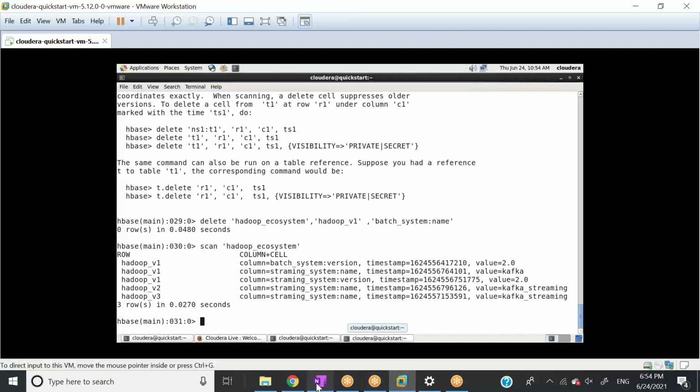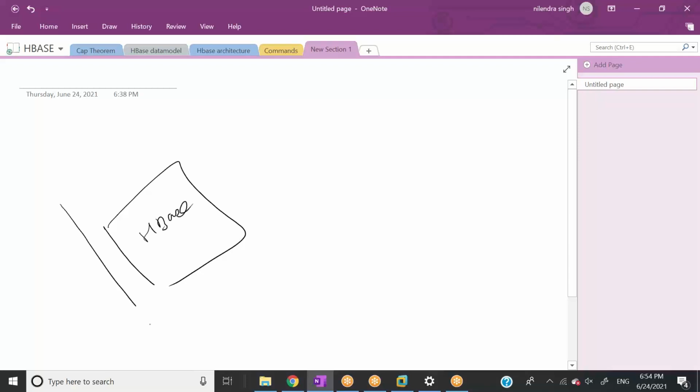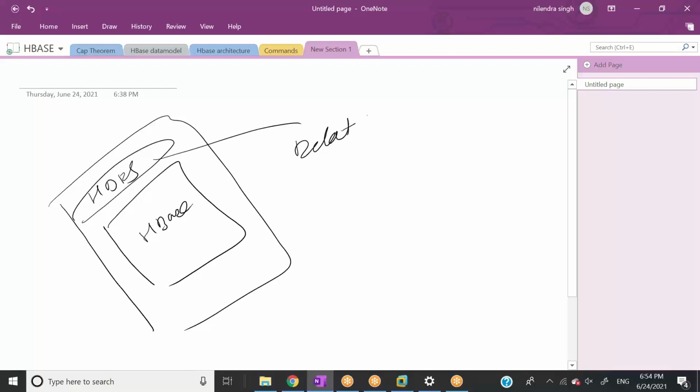Now, one more important thing which I need to tell you, right? And this question should come. I'm telling you 100% that HBase is inside, the storage is HDFS. In HDFS, we cannot delete things. In HDFS, we cannot delete things. Row level deletion is not possible. Then how is HBase working, even though HBase is hosted inside HDFS, or the storage is HDFS, right? This is the question, right?